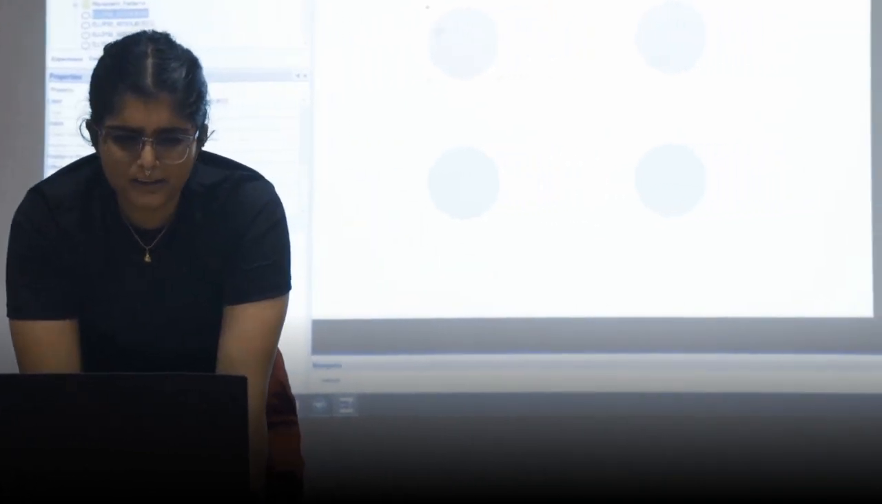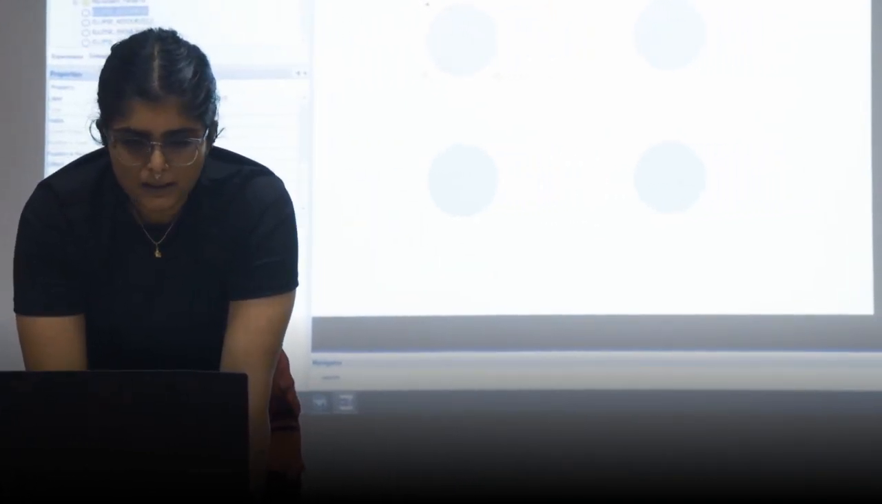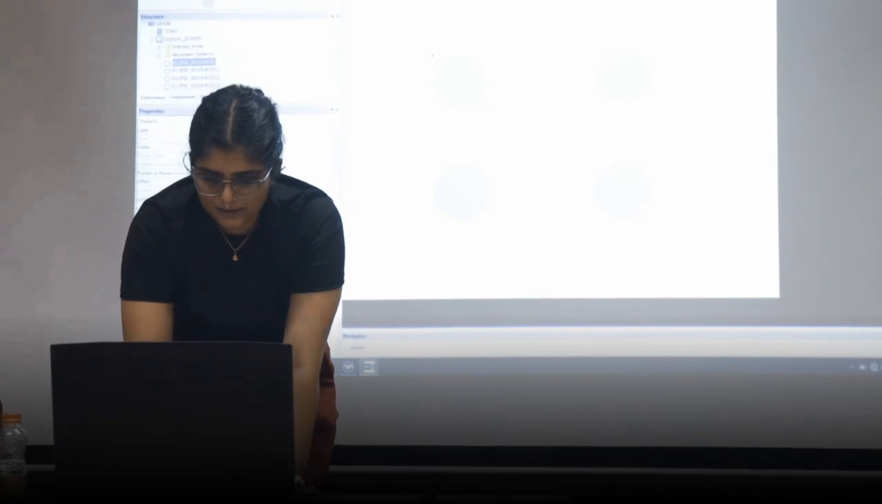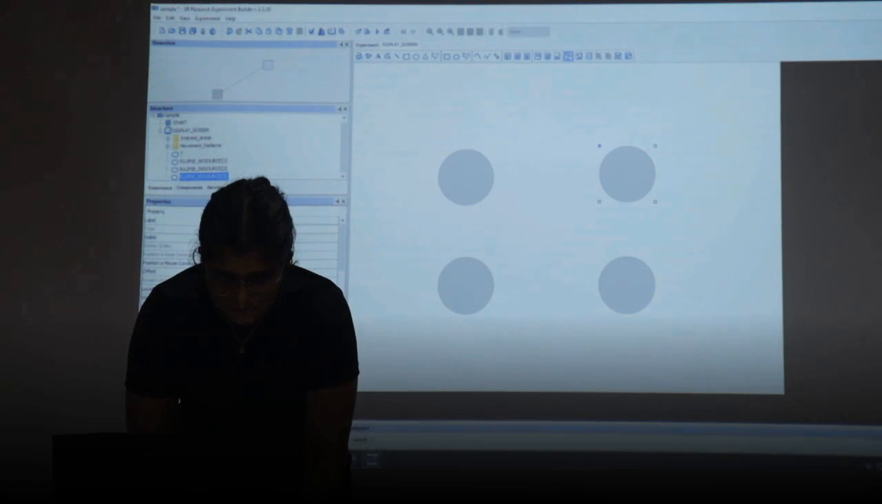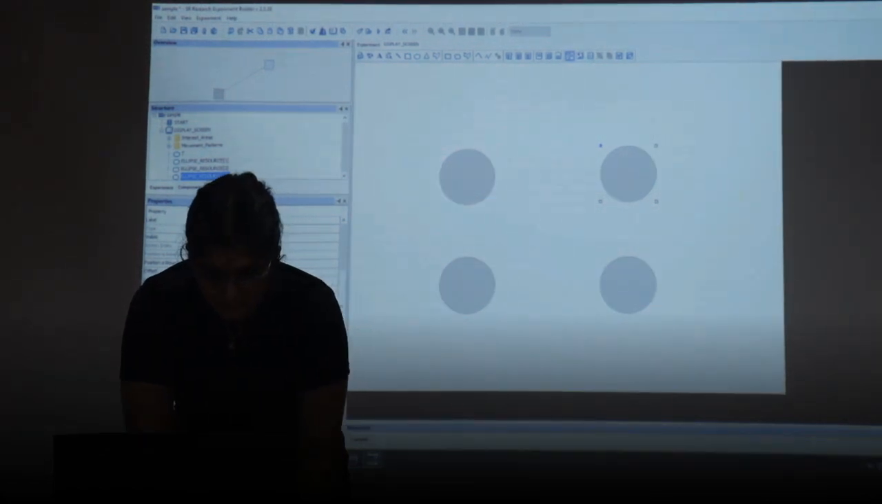Suppose, I'll just show you how you make an interest area template. This is just a sample. You have 4 particular locations on which your target or distractor or whatever stimuli you want might appear. So I'll just name them for easier understanding. Suppose this is your target, this is your D1, this is D2,